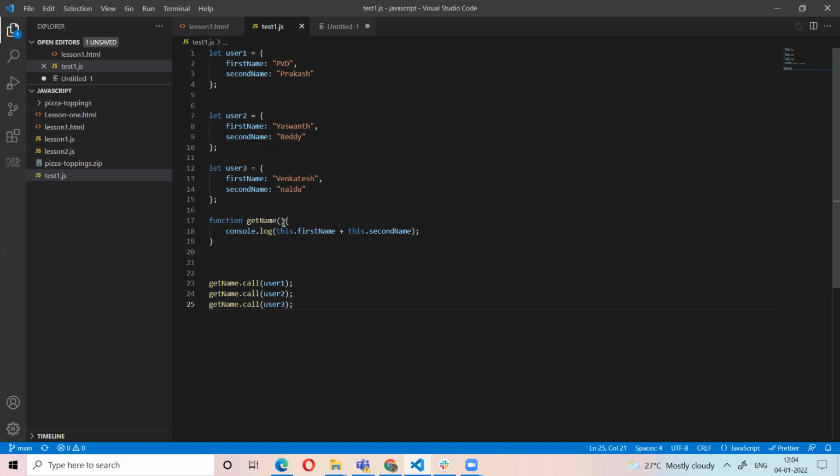For example, sometimes you need to pass some arguments to the function, like x and y.